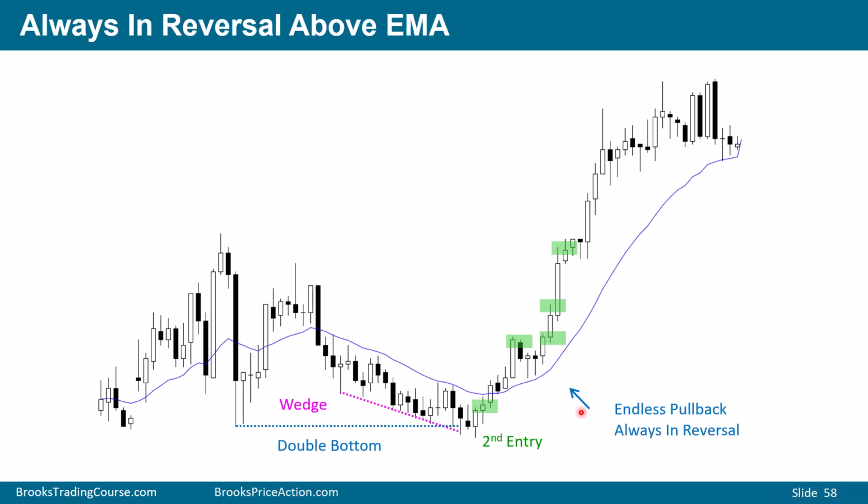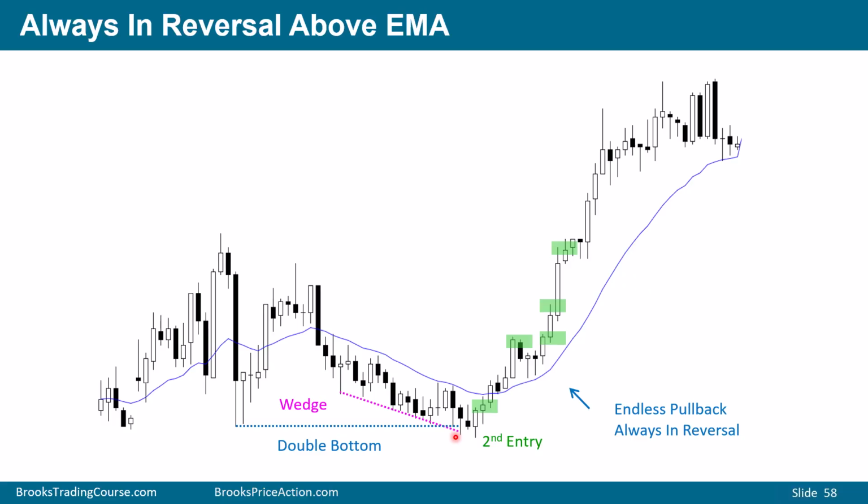Always in reversal above the moving average. The day opened as an expanding triangle here. 3 pushes up, 1, 2, 3, 1, 2, 3. Whenever you see big bars and then big reversals, you should always be leery of the day. The market formed a double bottom here and here, and we formed a small pullback bear sell-off down to the low of the afternoon session.